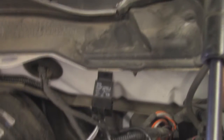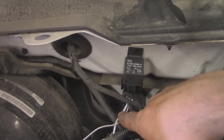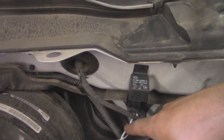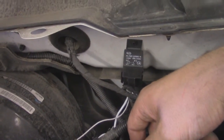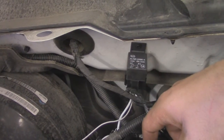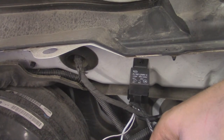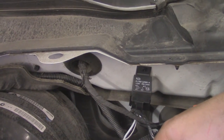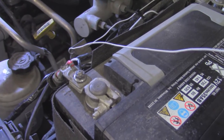So the next thing we're going to do is run into the cab with our wiring, and then also we still need to connect our ignition source or our power source that's going to feed us the signal for the relay to switch on, basically whenever the key is on or whenever the headlights come on. So I think in this instance what we'll do is connect it with a 12 volt constant lead,